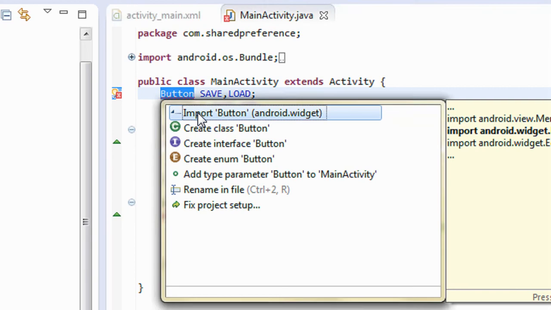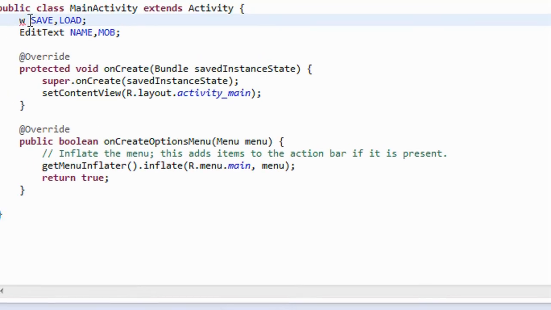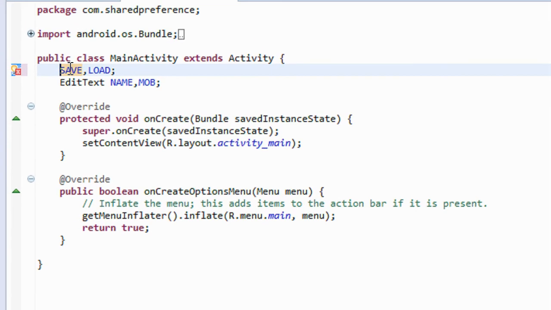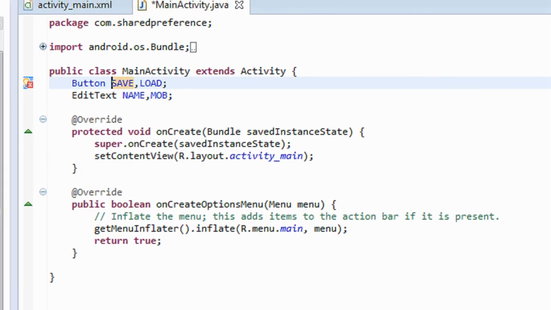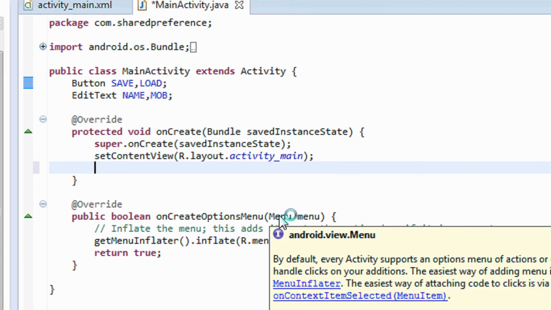Okay, you need to import the button. So here are two buttons, save and load. Okay, now I just connect these objects to the IDs in the XML file.